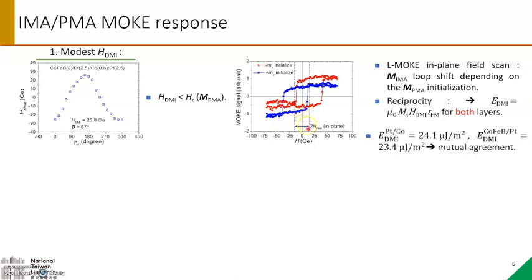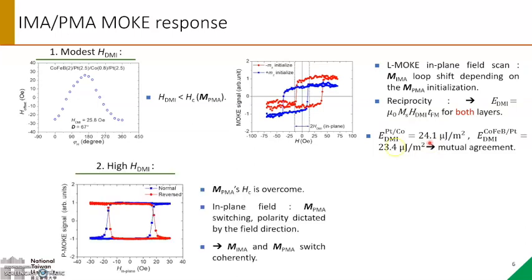And as seen in the in-plane field scan, the IMA hysteresis loops are significantly shifted to either side, depending on the PMA initialization. This proves an antisymmetric effective field exists in the IMA magnetization as well. The DMI interaction energy density, by individually considering either the IMA or PMA magnetization, shows good mutual agreement. And furthermore, in the second scenario,